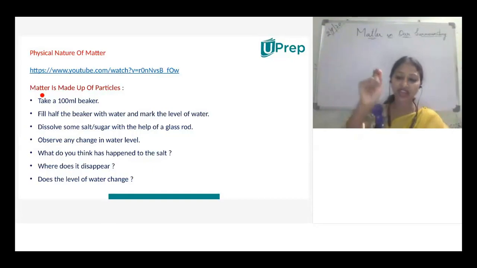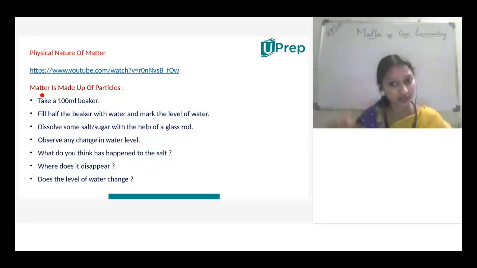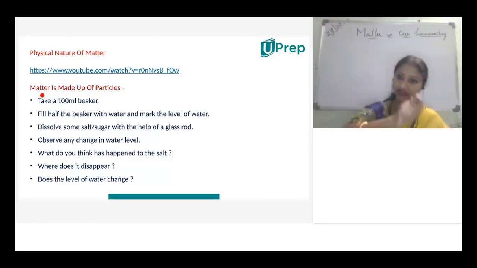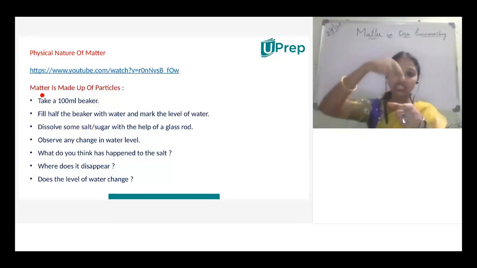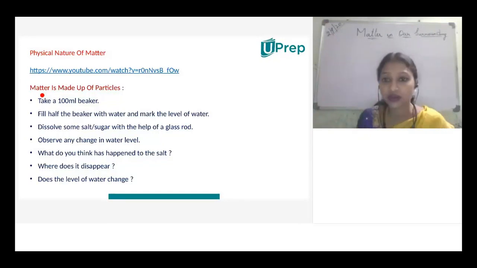We have added one scoop of salt or sugar and dissolved it with the help of a spatula and glass rod. When we stirred it with a glass rod, what happened to the salt or sugar? They completely dissolve in the water. Where does this solute go? It occupies the space. This we have already discussed.